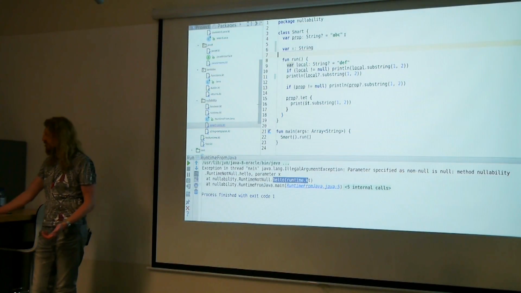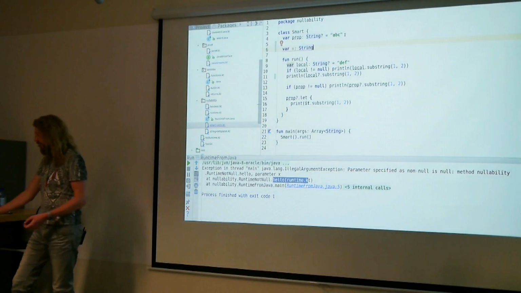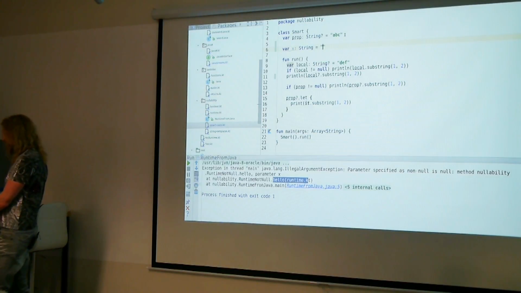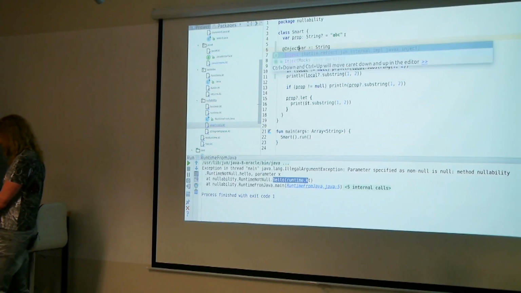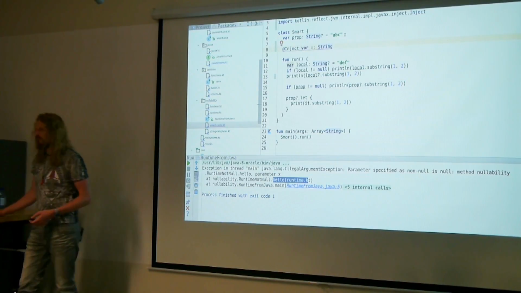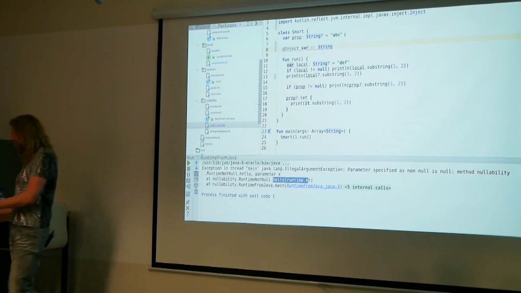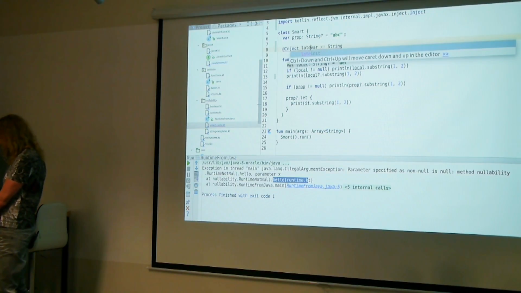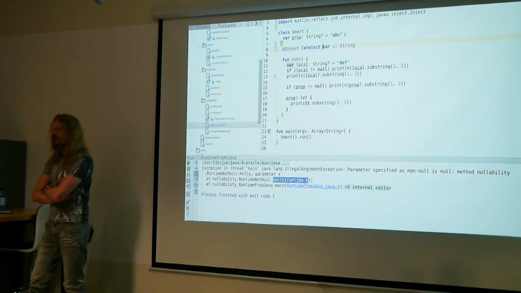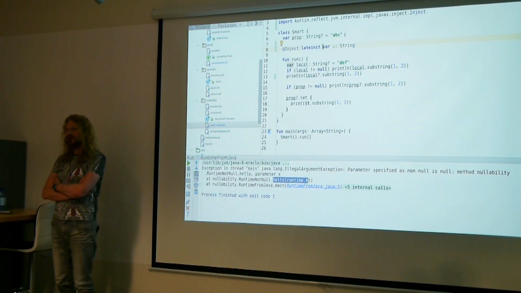It cannot be left as null like in Java by default. So I need to write something here. But what if I want to use dependency injection? I would like to put something like that, and I don't care that it's not initialized. There is a fix for that: a special keyword, lateinit, that makes the compiler shut up.